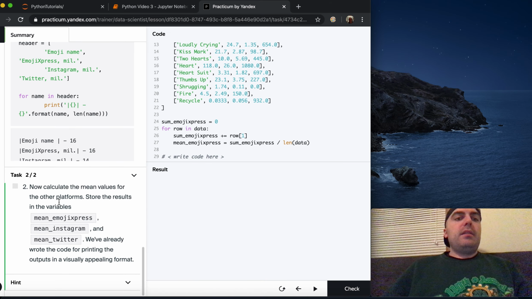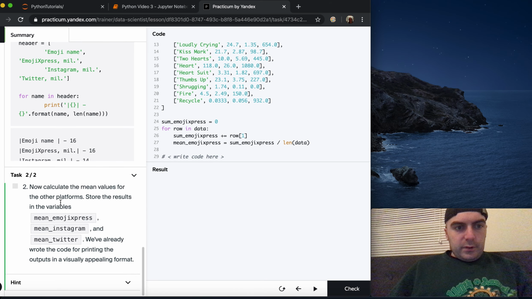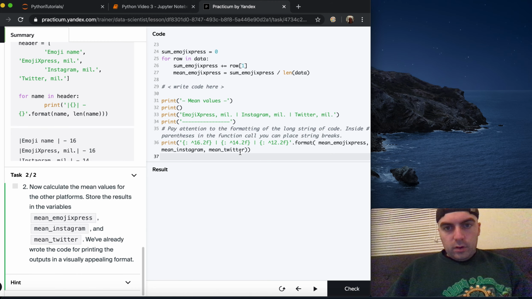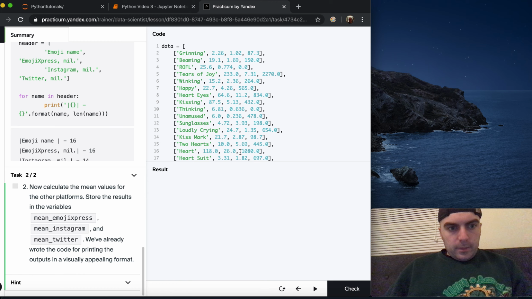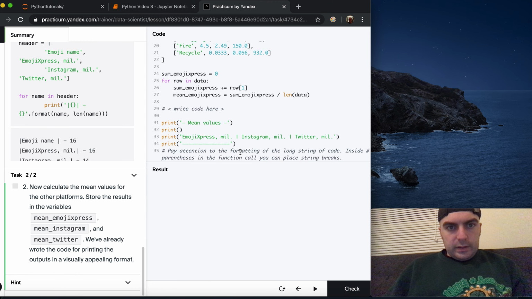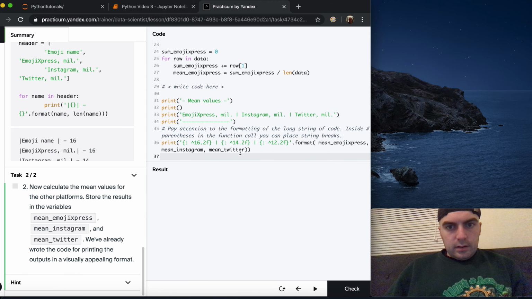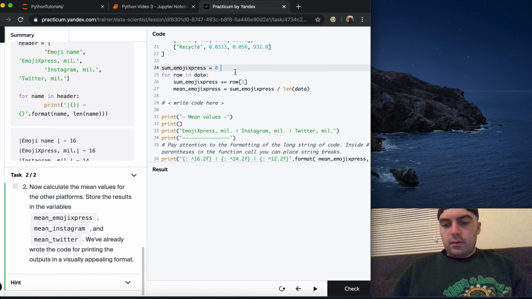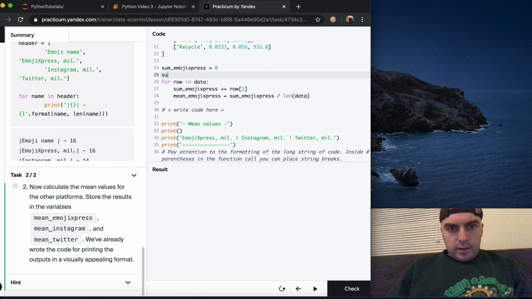Now calculate the mean values for the other platforms. Store the results in the variables mean Emoji Express, mean Instagram, mean Twitter. We've already written the code for printing the outputs in a visually appealing format. Cool. Okay, so we did a mean Emoji Express equals this. So we want sum of